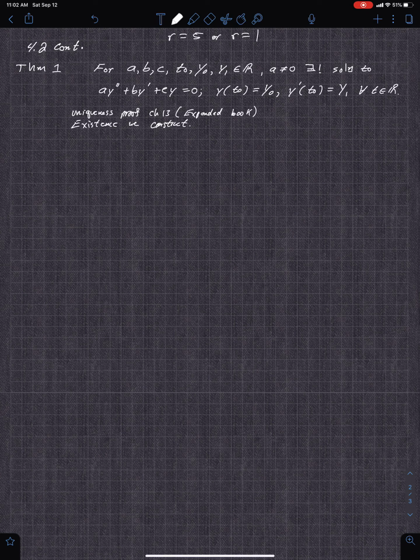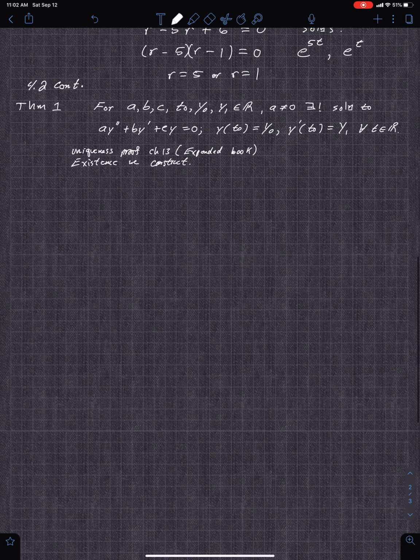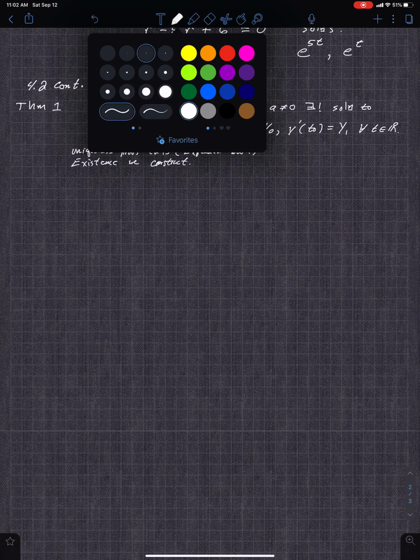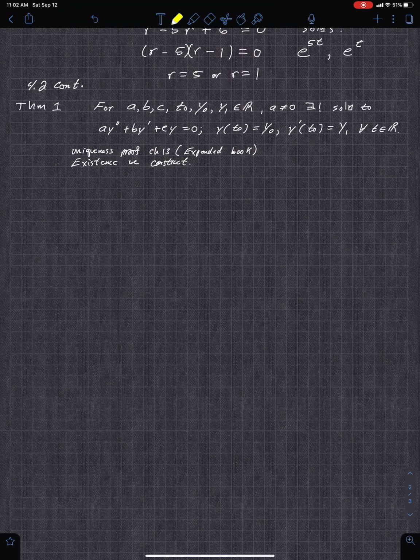So we are in 4.2. Let's continue. Let's look at a couple theorems. Theorem 1 states for constants A, B, C, t naught, capital Y naught, and Y1 in R, so those are just real numbers, A non-zero, there exists a unique solution. I don't know if you've seen that before, but that means exists unique. If you go like this, backwards E and then exclamation,